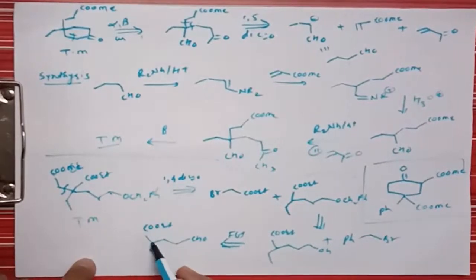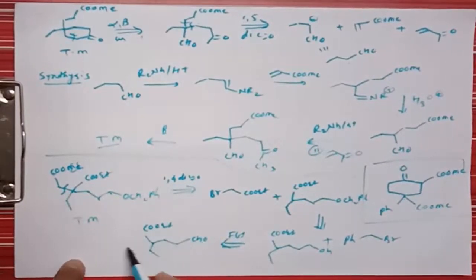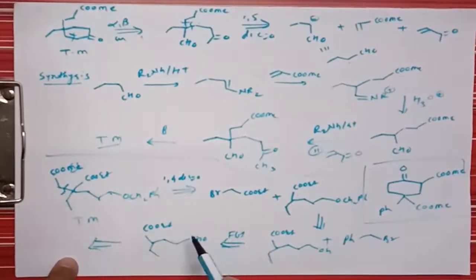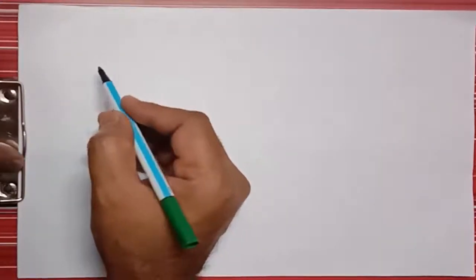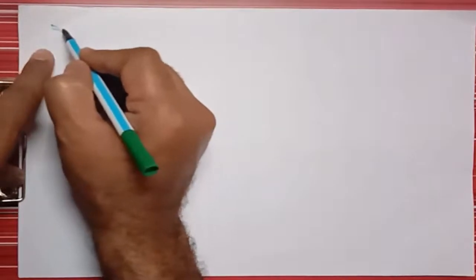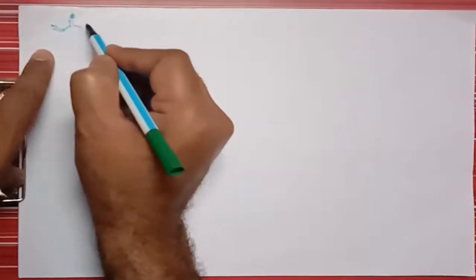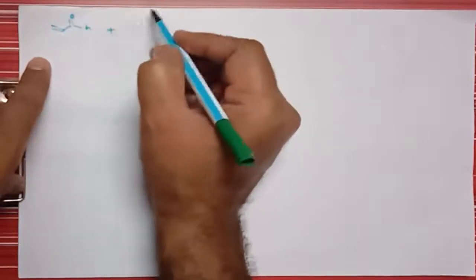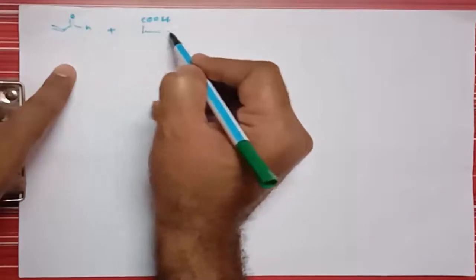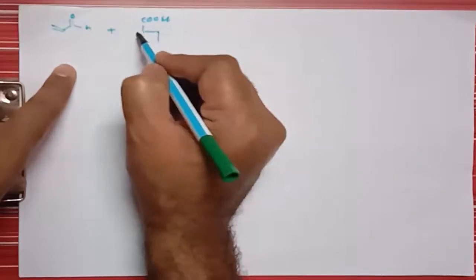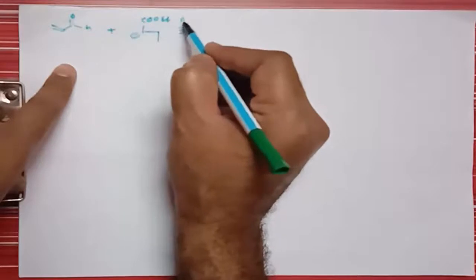Now it is 1, 2, 3, 4 and 5. So it is a 1,5 dicarbonyl compound, and in the 1,5 dicarbonyl compound we can break the C2-C3 bond. So we can break here, and what does it give? After breaking the molecule at this position, we get the alpha-beta unsaturated system from one side, that is such a type of aldehyde, plus along with it gives COOEt, and then CH CH2 CH3. Right? So here is a negative charge, and we can activate this position.